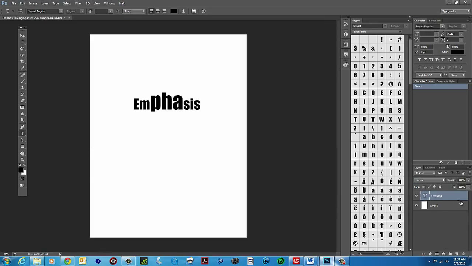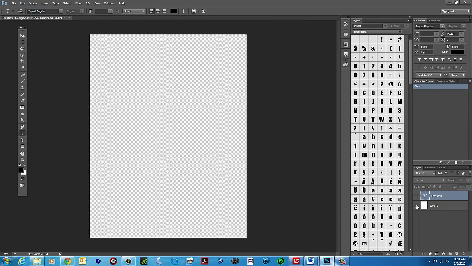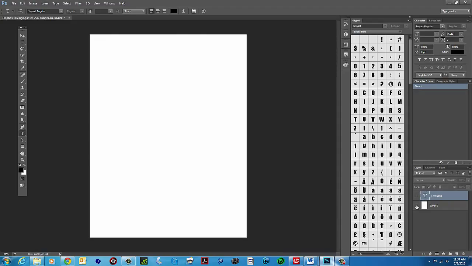So what I'm going to do now, if you go over here and look down at the bottom right hand corner of my screen, we have what's called a layers palette. And as I like to explain to people just learning how to use Photoshop, Photoshop is like a deck of cards. You have layer upon layer upon layer. So if I were to turn this eyeball off, emphasis would disappear. And in the same way, if I turn the eyeball off at the bottom, the white background will disappear. And I did cover this during the tutorial before, and if it sounds a little bit foreign, be sure to go and watch video tutorial number 3. So I'm going to turn emphasis back on,